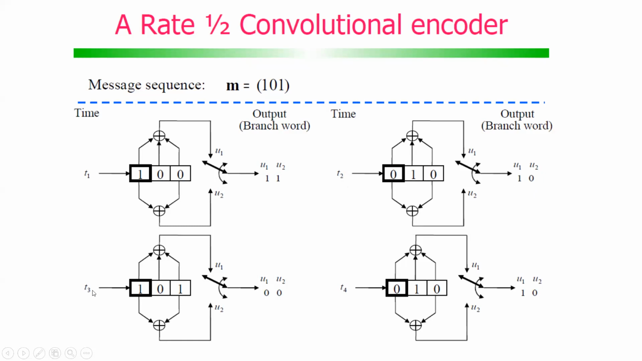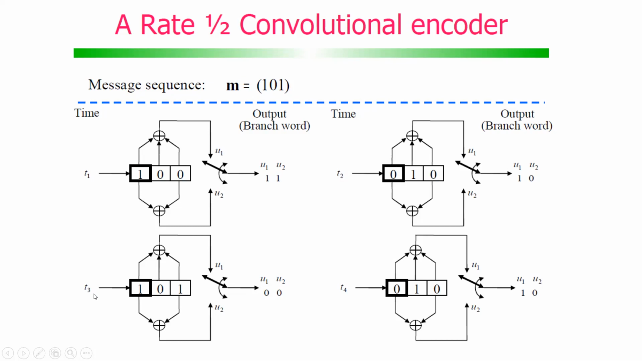Let's look at time t3. Now again the next one will come, next one stays here. This 0 which was here at the input will go inside the shift register or memory element, and this one will move further. So this one will come to 101. Now do the XORing. 101 XORed will give you 0. 11 XORed will give you 0. So this is the branch word for the